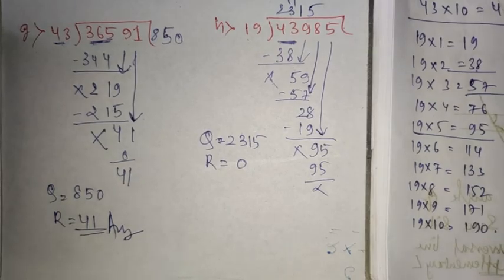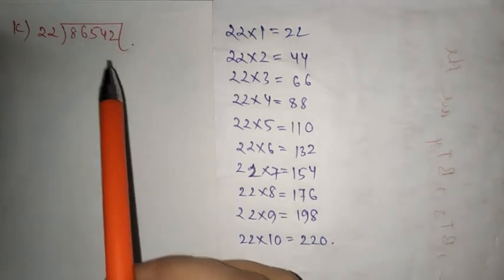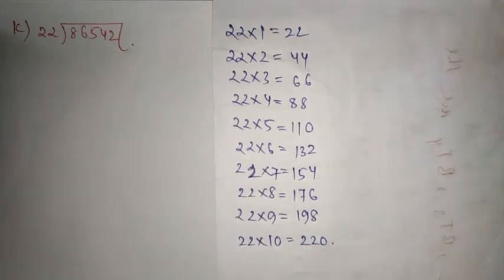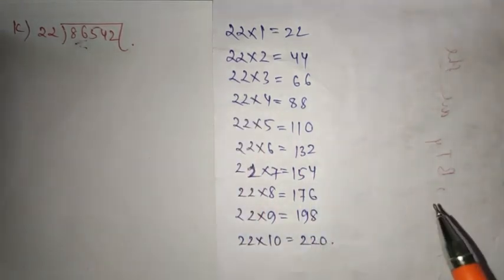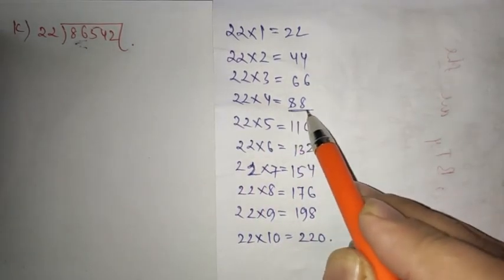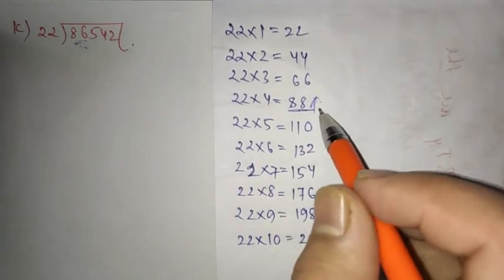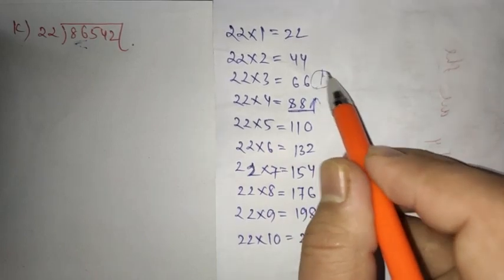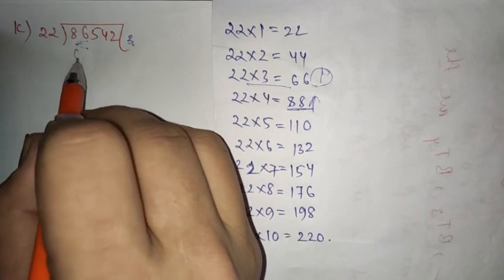Okay, proceeding to the last part of the question, that is number 11. Alright, so 22 is dividing 86542. So here I have written the multiplication table also. So just try to watch it properly. So 22 will be dividing 86 because 86 is a larger number than 22. So 88 over here is there with 8 starting with it, but this is a greater number. So I cannot take this number. So I will be taking this number because it is an appropriate number. So 22 3s is 66.